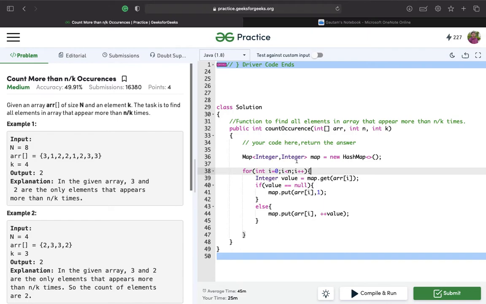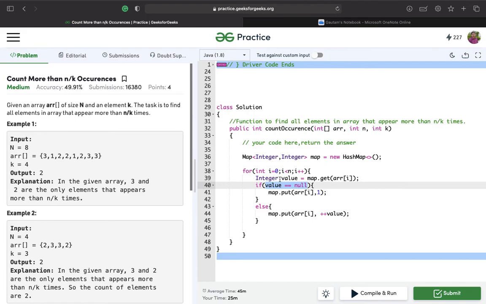So what I've done over here is, we'll start with the array. Let's suppose this is the array. I've created an initial map, and now I'm iterating through each element of this array. We'll start with 3. Now we'll find the value of this key 3. Initially the map is empty, so the value will be null. If we do map.get(3), meaning we get the value of key 3, it will be null indeed, because there is no element present in the map initially. So this will return null.